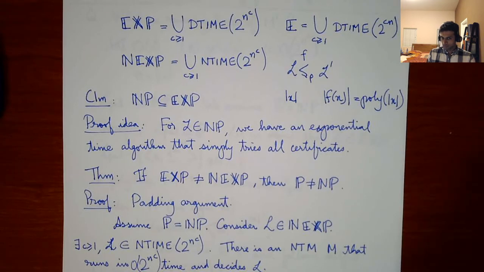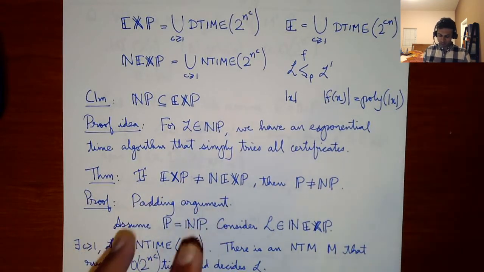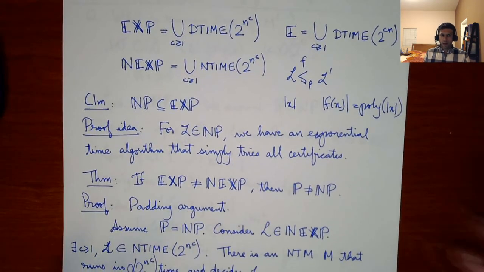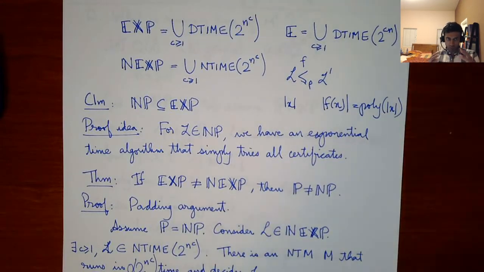Oh yeah, that is a big claim. What you're basically saying is that if EXP is equal to NEXP, then P is equal to NP. And it's not entirely clear why that should be the case, because you could have a lot of structure within exponential time which doesn't hold outside, and the structure within allows maybe P